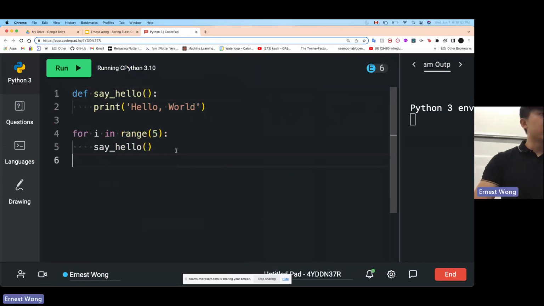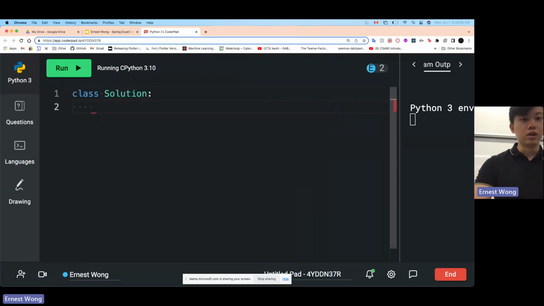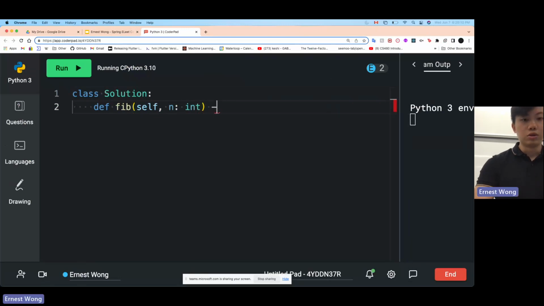Okay. So basically, we want a Fibonacci function. Let's just mimic what they give us on LeetCode. So on LeetCode, we have a class Solution, and inside the class, we have a function Fibonacci that takes in n, which is an integer, and returns an integer.